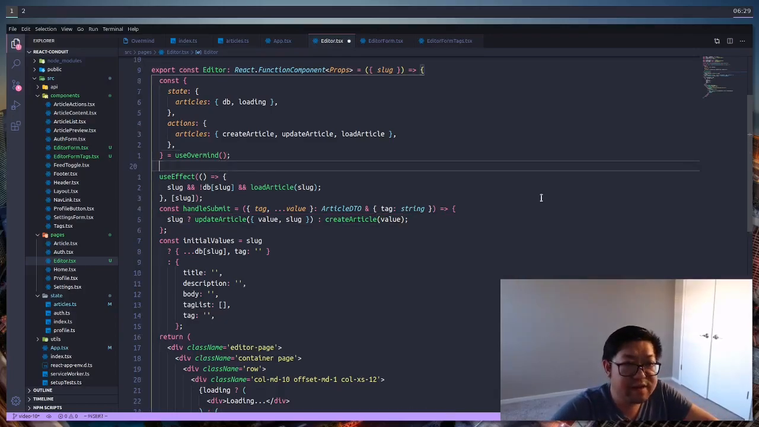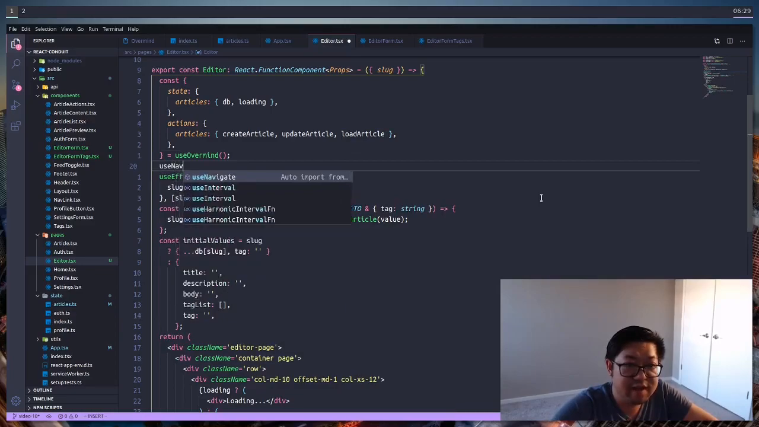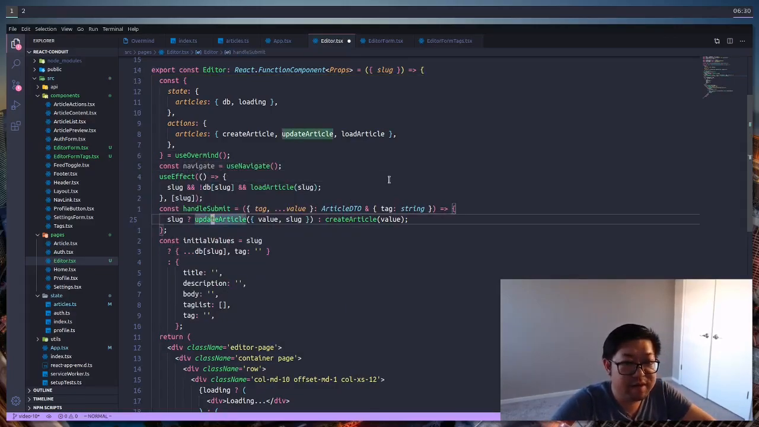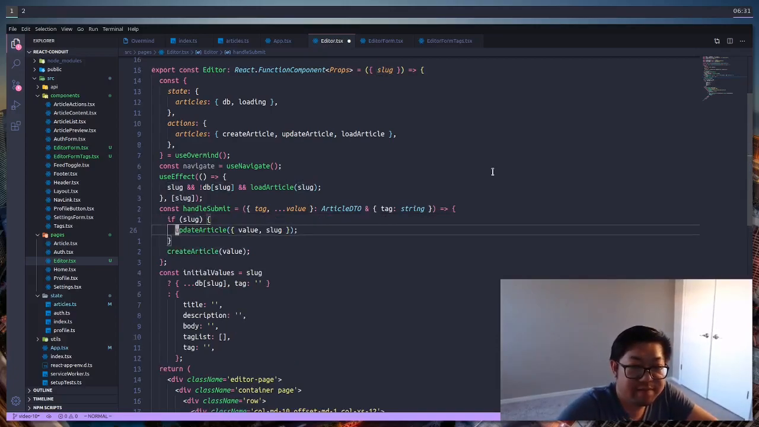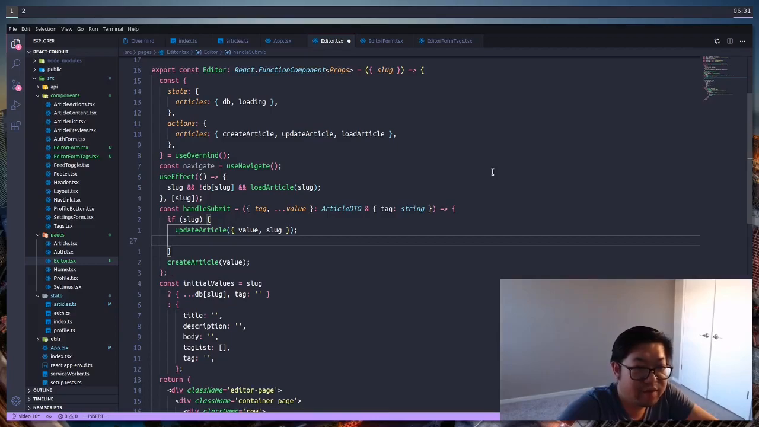So Reach Router gives us a hook called useNavigate, and that gives us access to the navigate function. And we could update our handleSubmit to navigate based on the slug. So I'm going to update this ternary. Now we're using an if statement, so that after we update the article, we could navigate to